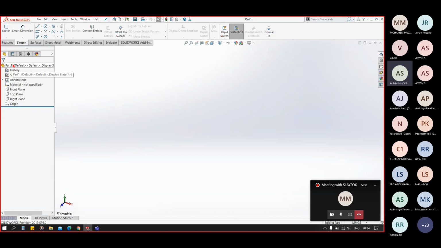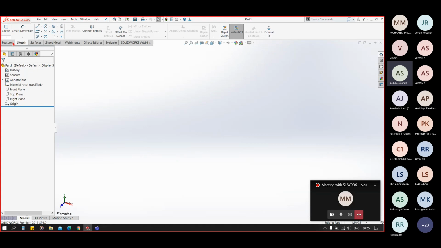Okay, this is our feature manager tree. As you know, this is our view tab. In that we have the zoom to fit option, the section view option, the view orientation option, display style, appearance and other options also.